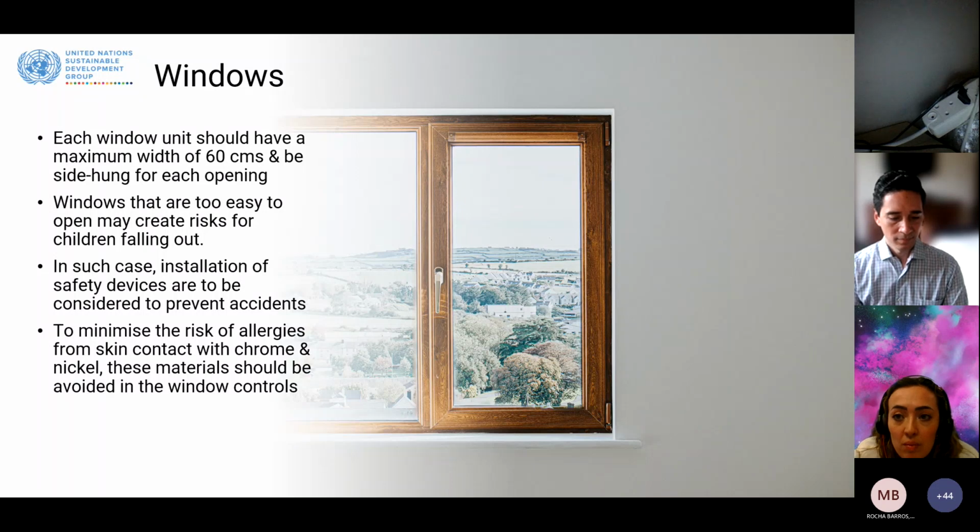Be sure to consider the concept of safety when installing windows. For instance, make them not very easy to open, but at the same time make them reachable by persons on wheelchairs or persons of small stature.